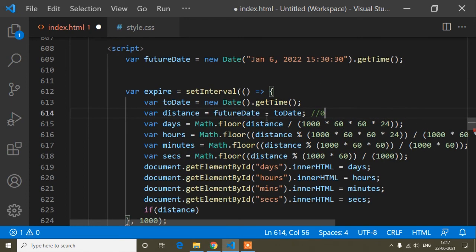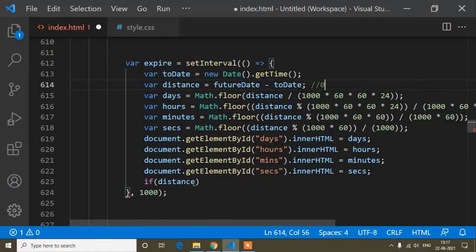So the distance is 0. First the distance will be in milliseconds, and after that, when the time increases, I mean the offer value decreases, at that time the distance will be 0.